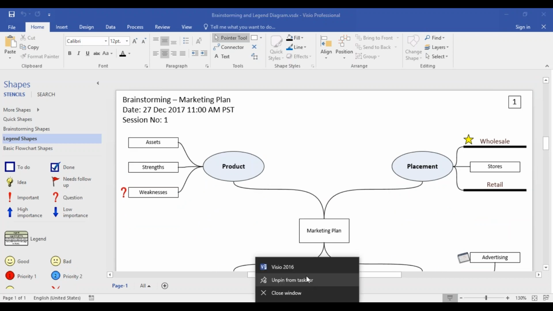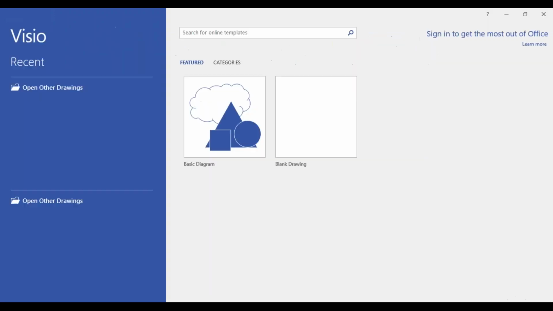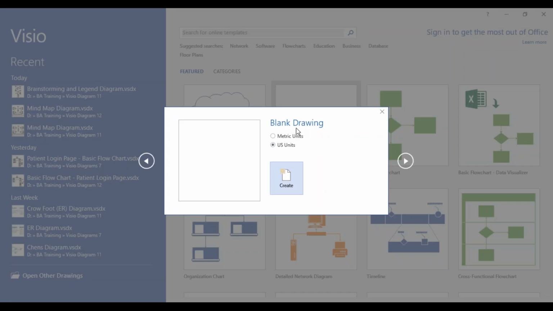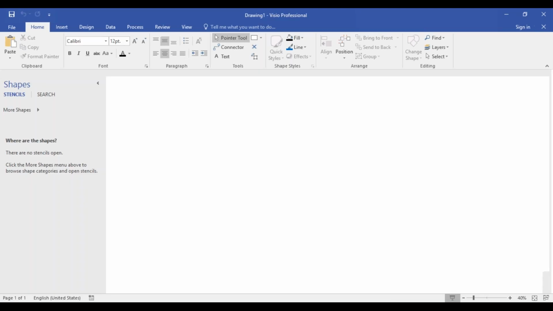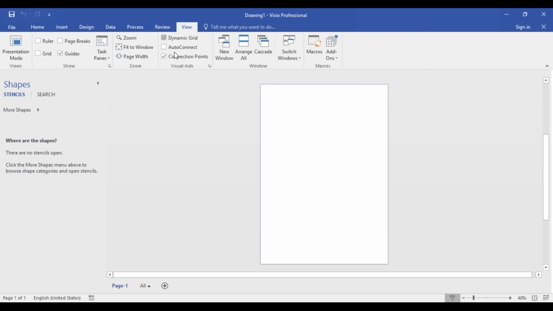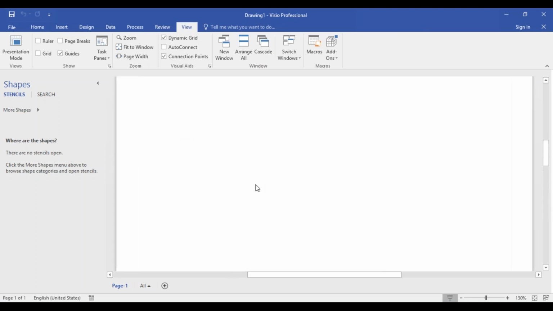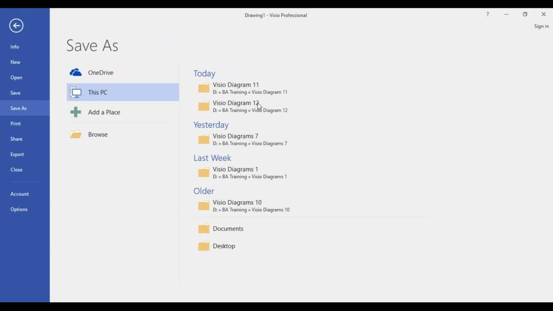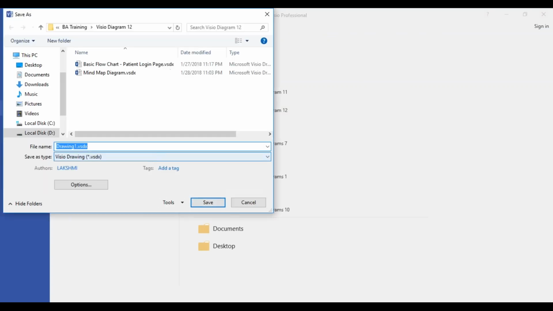Open an instance of Visio. Blank drawing, metric units, create. Click on View, Page Width. Remove guides. Click on Home. Don't forget to save your drawing. Always make it a practice to save the drawing and then complete the drawing. Got it? So this is called